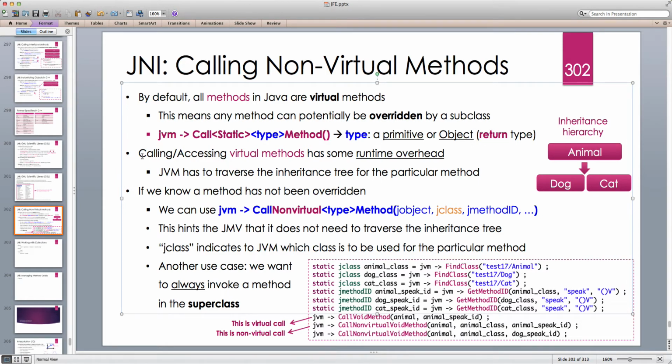So the problem is that calling and accessing virtual methods has some runtime overhead, because during the running of the Java program, the JVM has to traverse the hierarchy tree each time we are calling a method, and figure out which method to call, the method inside which class. So if animal has a method called speak and dog and cat both override that method, then if we declare a reference as type animal and then say it's equal to new dog,